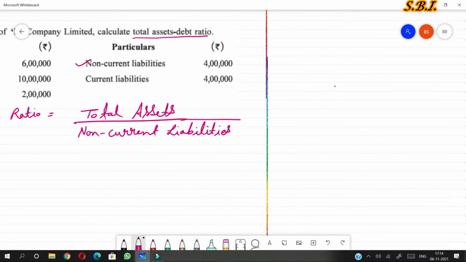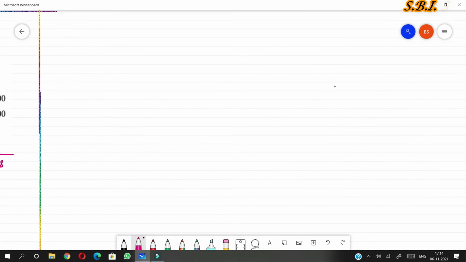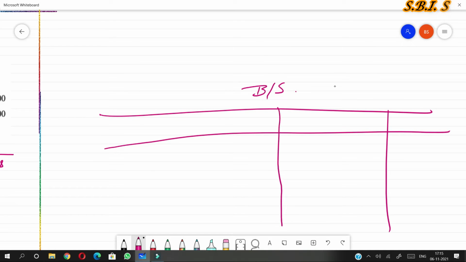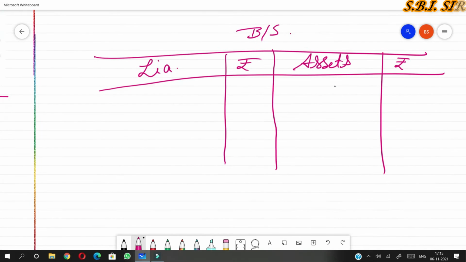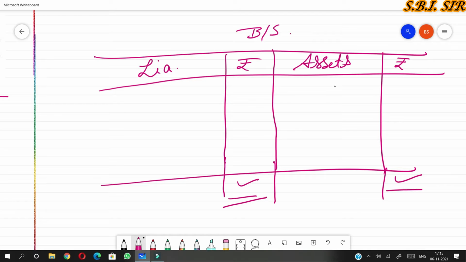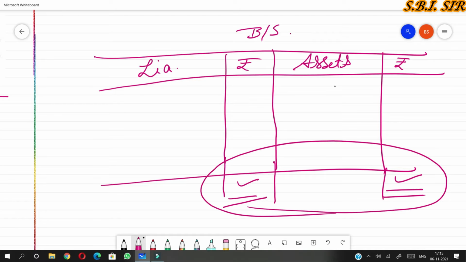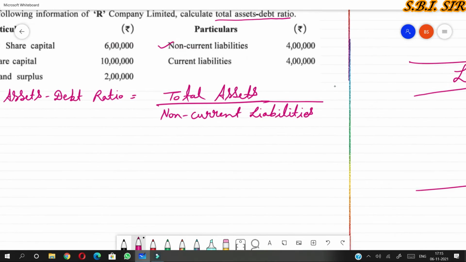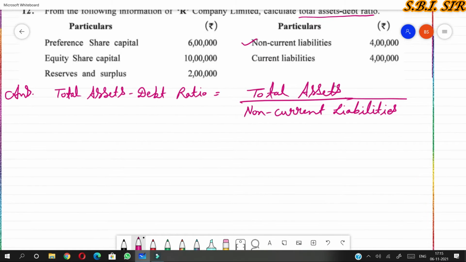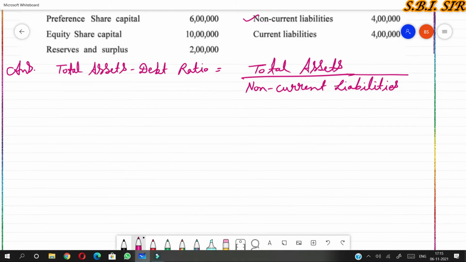So you know that when we prepare a balance sheet, here we will record the liabilities amount in rupees and the assets amount in rupees. Then the total of the liability side and the total of the asset side will be equal. So here all liabilities, reserves and capital are given. So we can find out total assets